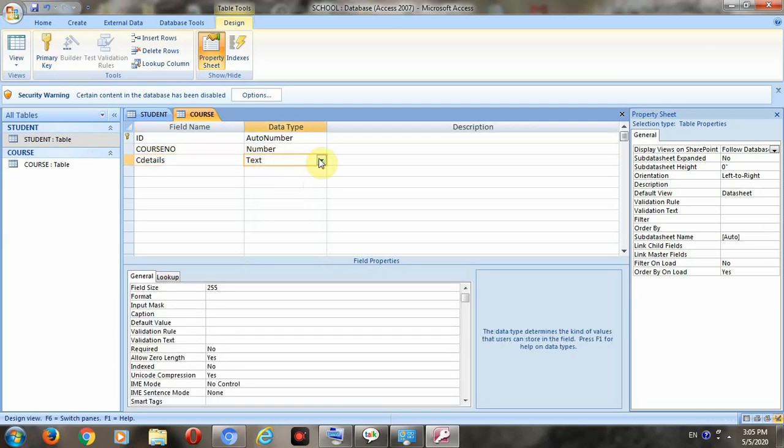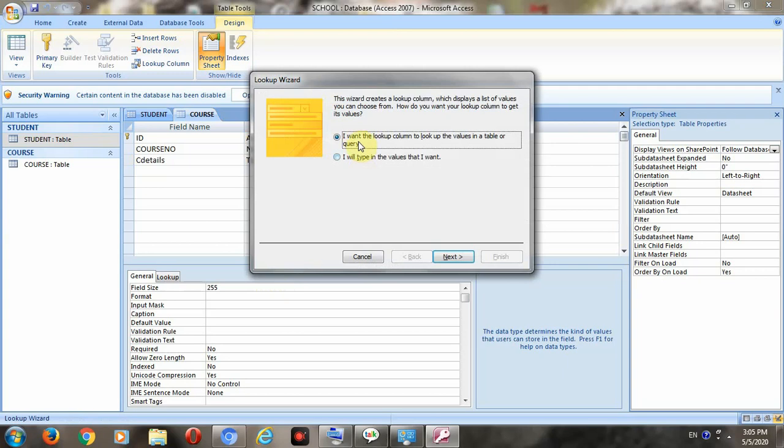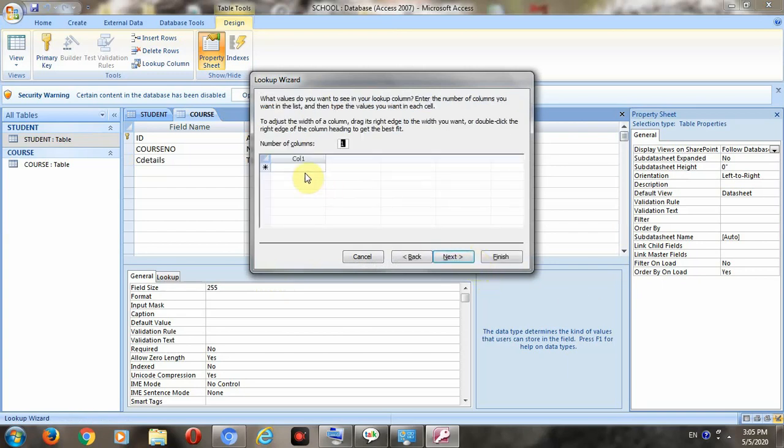In course details I am taking one lookup field. To create a lookup, first go to the lookup wizard, and then two options are there. One is I want the lookup column to look up the values in a table, and the second one is I will type the values that I want. I am going to the second one. Then I have to create the values.